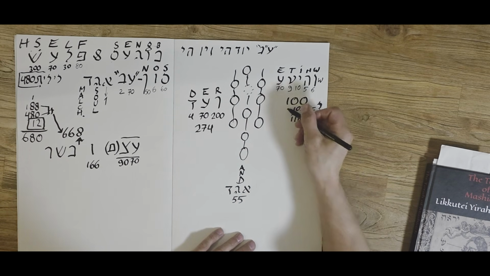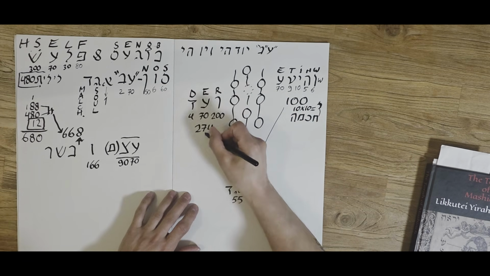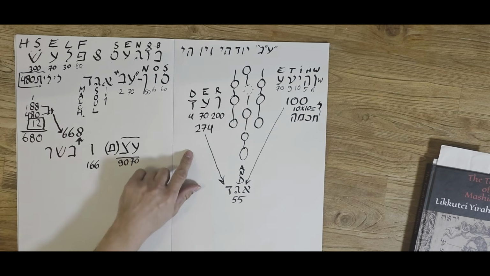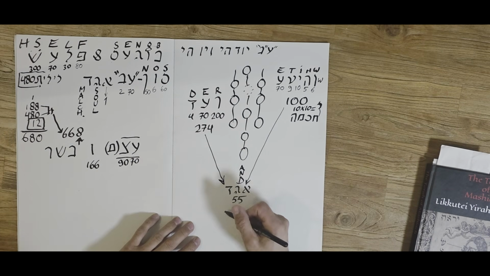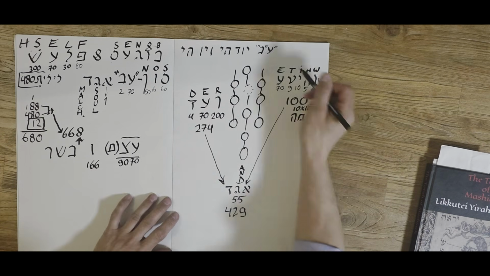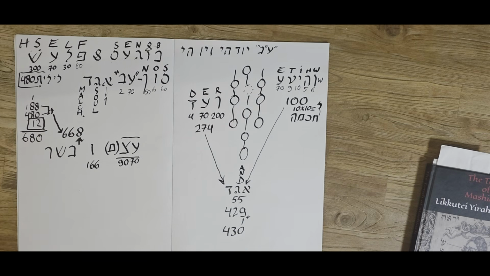If we connect the 100 plus 55 plus 274, we get 429. And if we take the unity, a 1 for the unity, we get 430, which is the value of